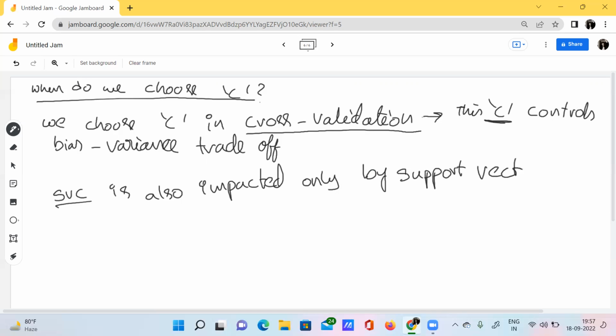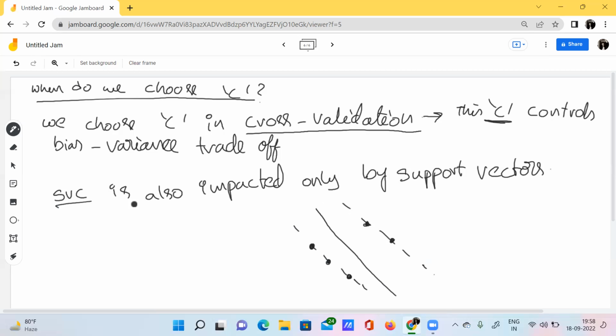What is meant by the support vector? If we have the hyperplane like this, and we have the margin like this, and exactly on the margin we find some data points, these data points which are lying exactly on the margin are nothing but the support vectors.